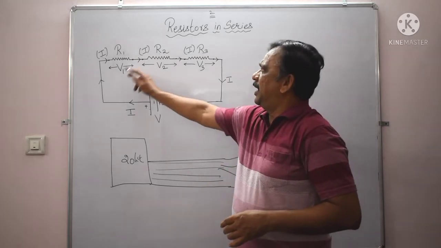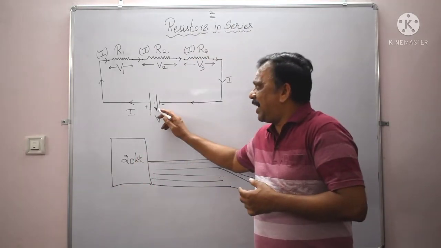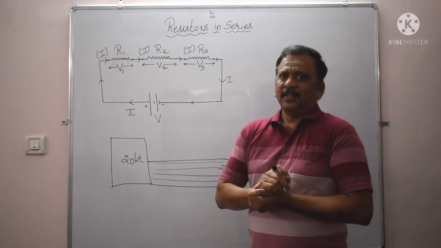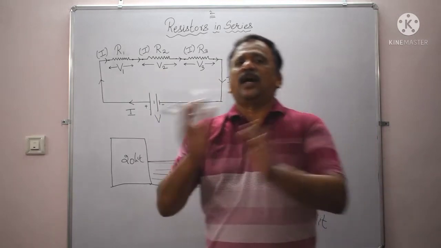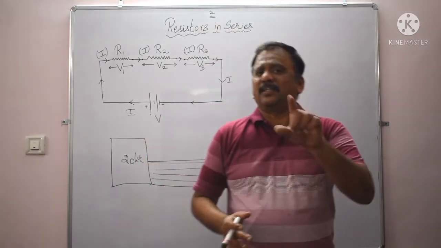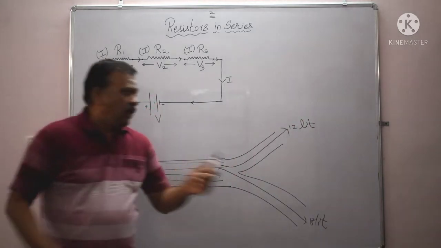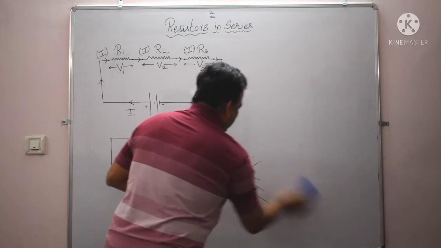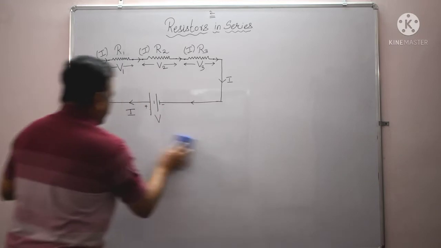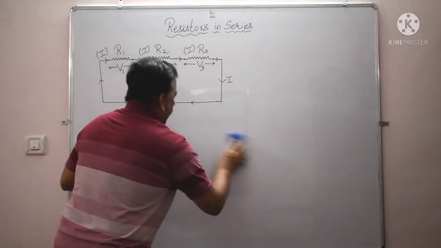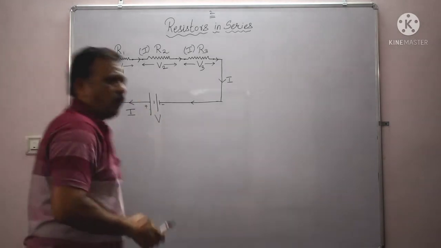And if I sum up the individual voltages of the components, it will be equal to the voltage supplied by the battery. So the voltage supplied by the battery will be divided among the components which are connected in series depending upon their resistances. Is it clear? Right. Now we will go into the derivation. We are supposed to find the total resistance of the series combination of R1, R2 and R3. Isn't it? Okay. Now among current and voltage, whichever is different, you start your derivation from that particular quantity.